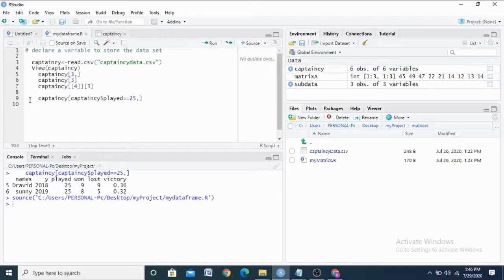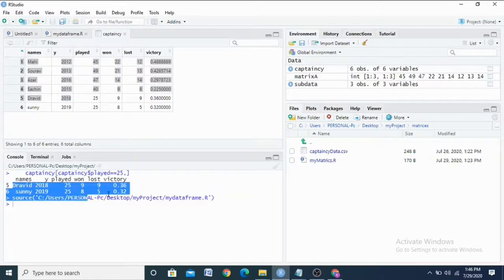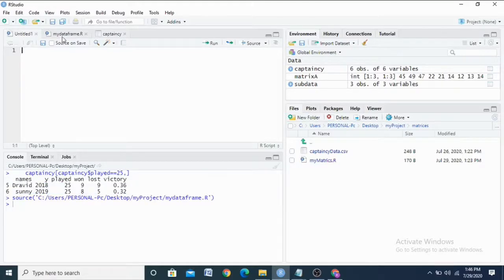you can find that the captaincy data frame is there. So I have to index those who have played 25 matches. See, that will be available, 25 matches played, 2 members. I'm not setting any condition here. Okay, 25, 25. So who is it? So Dravid and Sunny have 25 matches. Okay, this is the way you have to slice